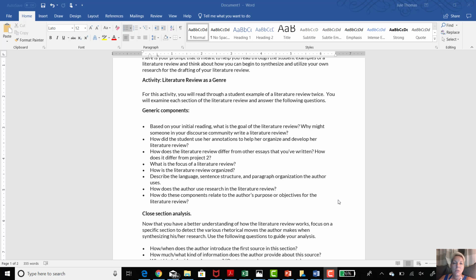All right. So for the generic components, when you read through the student examples, Creswell walks you through a literature review, and you've already drafted a literature review. But looking over the student,